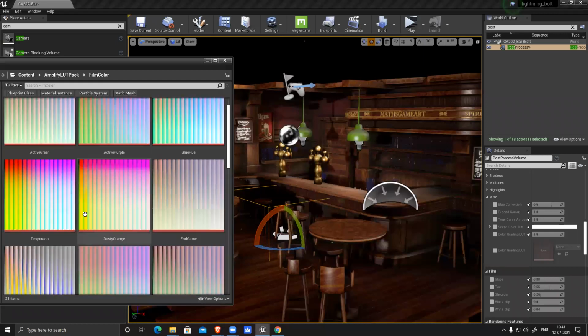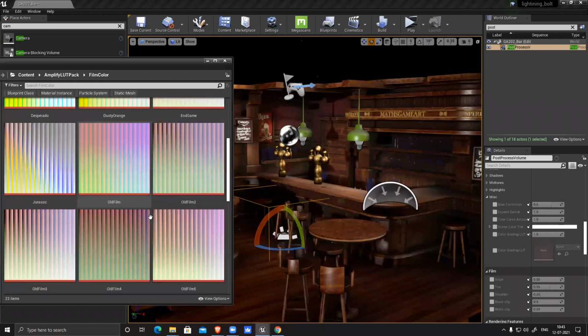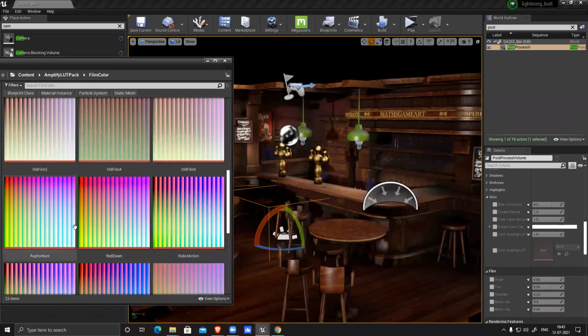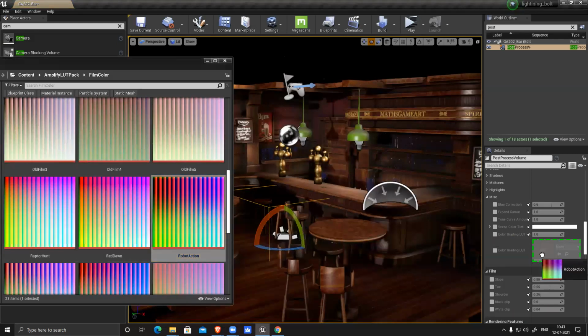Now I have all these presets and I want to use something. Suppose I want to use this one. Just drag and drop it here. First, you have to activate this thing, and drag the property.